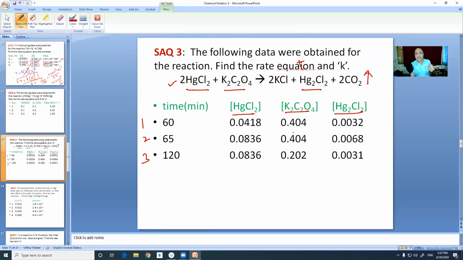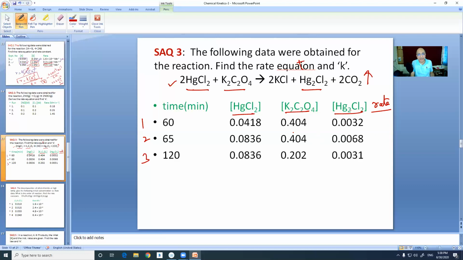The rate cannot be determined from the reactant because the initial rate is not known. This is the concentration at 60 minutes, but this is the product. So you will have to make another column, a rate column. Here you have to take the average rate. You have to satisfy yourself by finding the average rate.